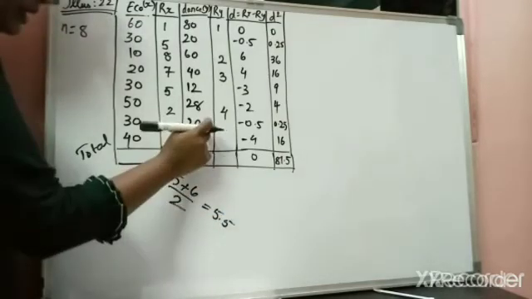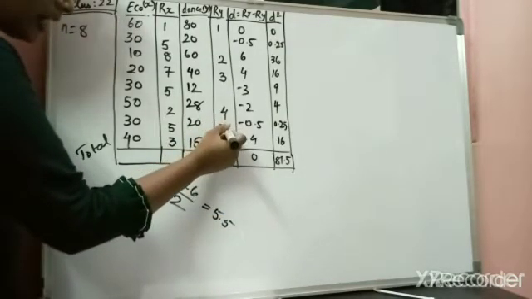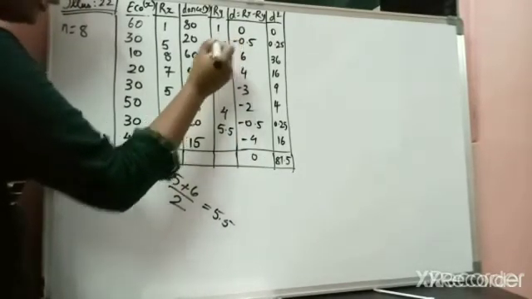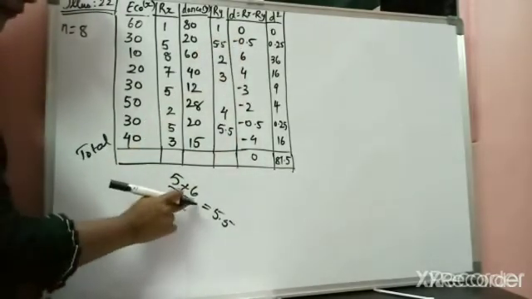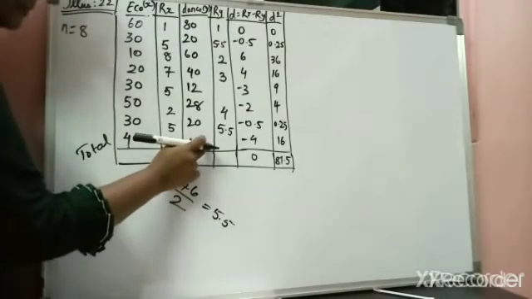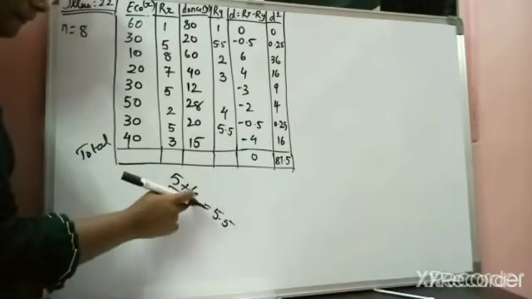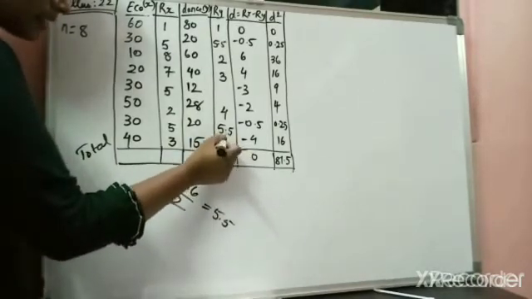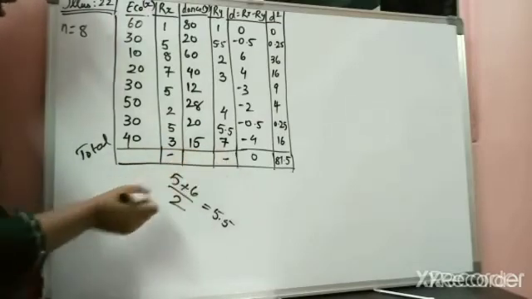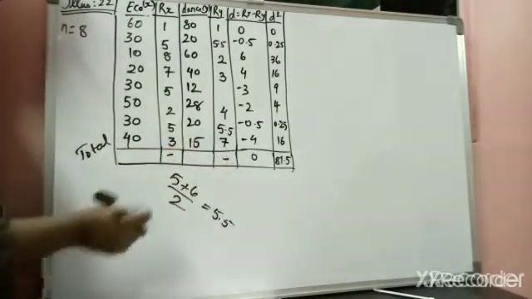Clear with this? So you have to assign here 5.5 and here also 5.5. Then afterwards you have utilized 6. Okay. Then afterwards the least is 15 marks. So after 6 it would be 7. Clear with this? So you don't have to take the total of this. So you are to put a mark like this.